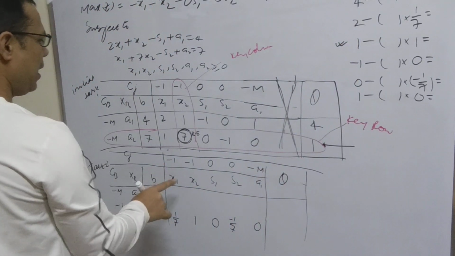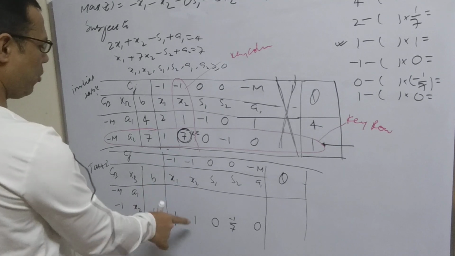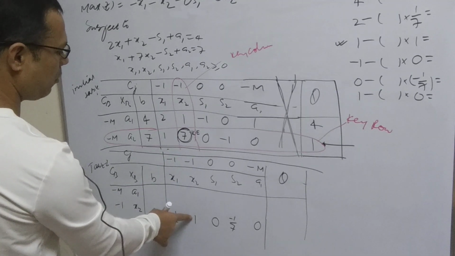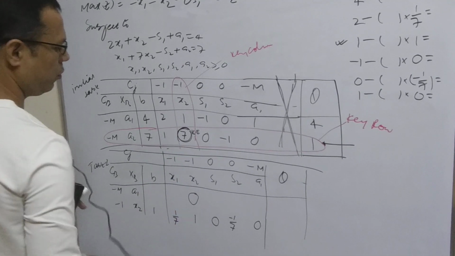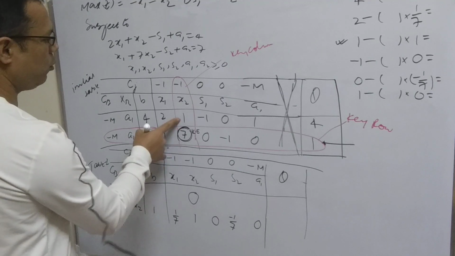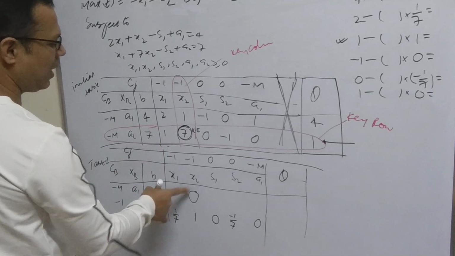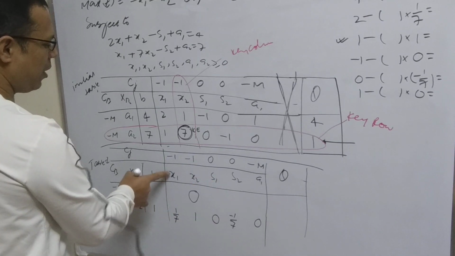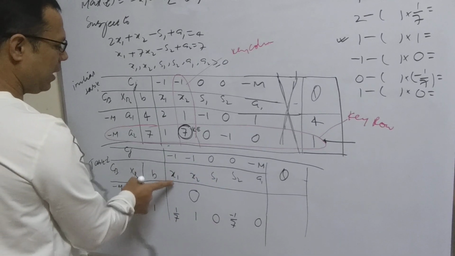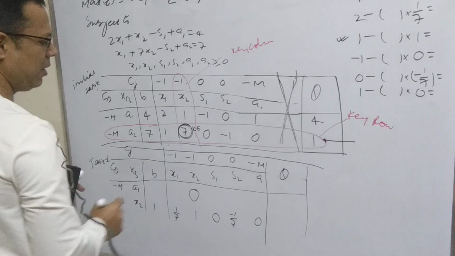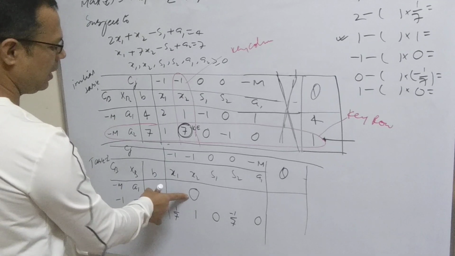Because we have already got 1, here we need to change this term to 0. It means 1 we have already got, this term to 0. So 1, 0 will come. Then next, with the variable x1, our aim is to make these terms 1, 0, so it will create the unit matrix. Now 1 we have already got, this term must be 0.